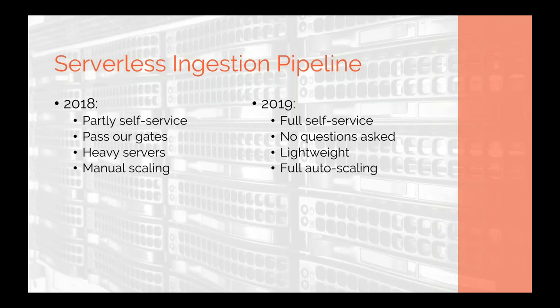So as we worked closer with the data sources, we were acting as a central gatekeeper, not something we wanted to do, but something that naturally came to us given the infrastructure and options we had back then. We had heavy servers, Redshift, I already mentioned. Back then, every bit of data you added required you to scale the cluster to more nodes. We ran the first version of our API on virtual machines, a custom Kafka cluster, a very large and expensive Spark cluster, and a Redis cluster. Summing this up, we're talking of tens of thousands of dollars per month of server costs, mostly manually maintained, hard to upgrade,